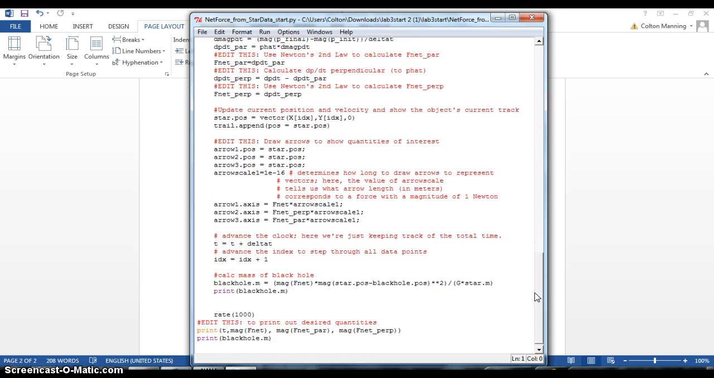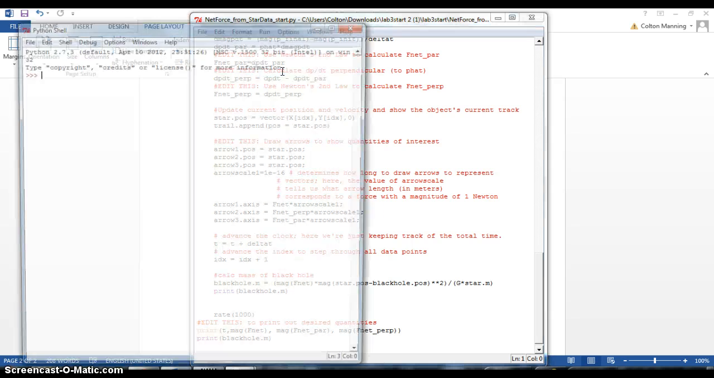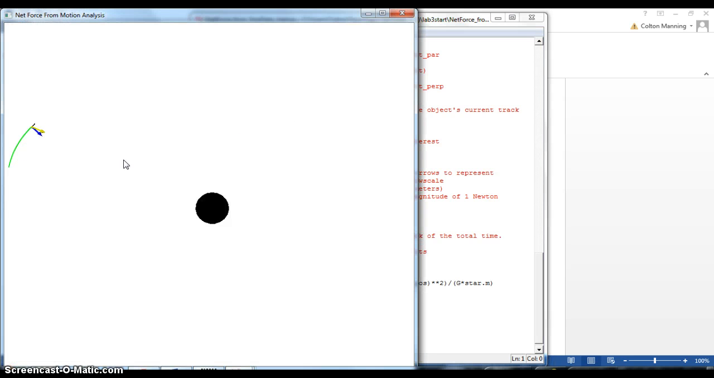Now, going all the way to the bottom and plugging in all these constraints shown, we can see that the black hole mass is equal to the magnitude of the FNet force times the magnitude of the star position minus the black hole position, the radius, squared, divided by the gravitational constant, which I created myself, times the mass of the star. Now, if we run the code, we see that